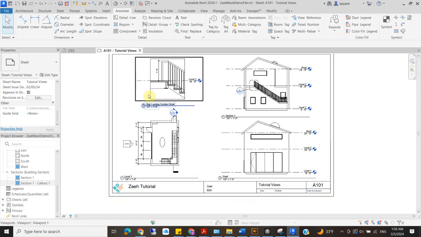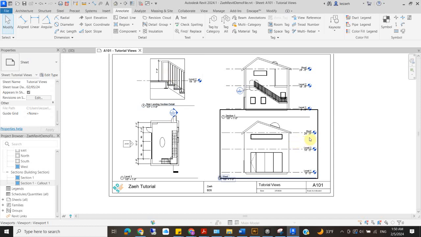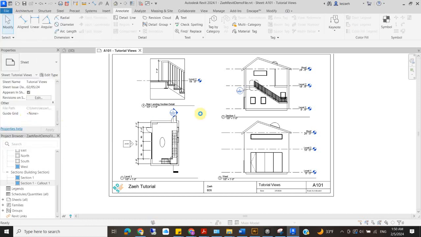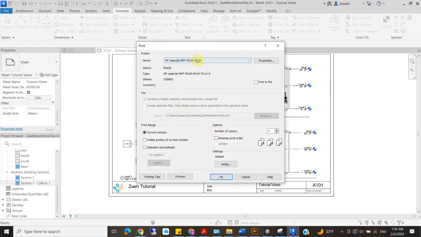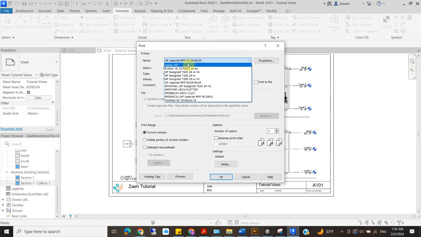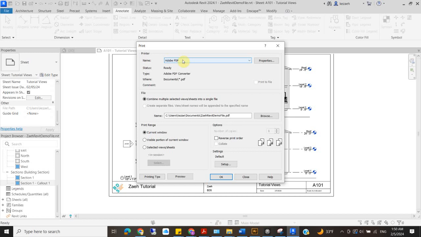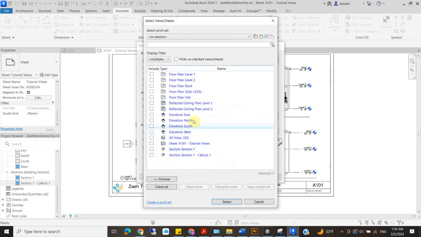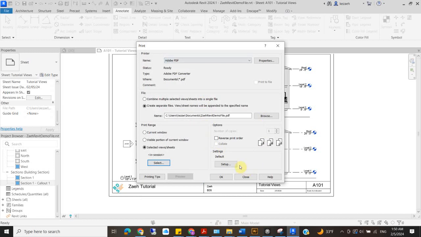We talked about views, we put our views onto the sheet, we dealt with the titles, and we added some annotation. You now are going to print this. So you go over here to File, Print, and you're going to print it to Adobe PDF, or it might be something like Microsoft, OneNote, whatever the PDF option is on your computer. For print range, you're going to go to Selected Views and Sheets, and you're going to select the sheet. So this sheet is A101, so you check that box, A101 Tutorial Views, hit Select,